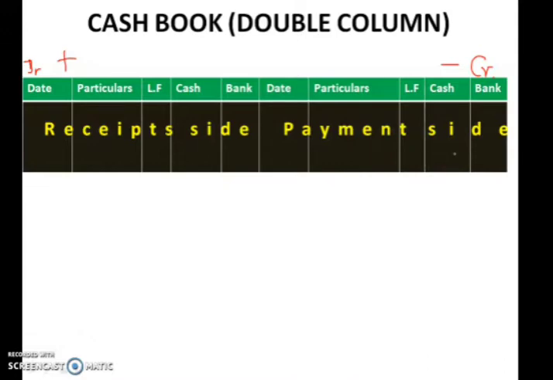When you purchase a fixed asset, you have to spend money or cash, because of which your cash balance will decrease. You can pay the cash or through cheque also, that can be issued. Those transactions in which banks or cheques are dealt will be shown under the bank column. And where cash is being transacted will be shown under the cash column. So this is your receipt side and this is your payment side. Now let us do a problem.